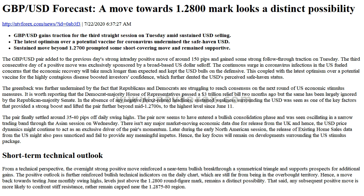That said, any subsequent positive move is more likely to confront stiff resistance, rather remain capped near the 1.2875 region. On the flip side, weakness below the 1.2700 mark now seems to find decent support near the previous strong resistance breakpoint, around the 1.2670-65 region. Failure to defend the mentioned support might prompt some technical selling and accelerate the slide back towards the very important 200-day SMA,